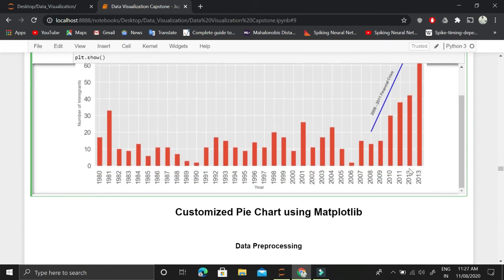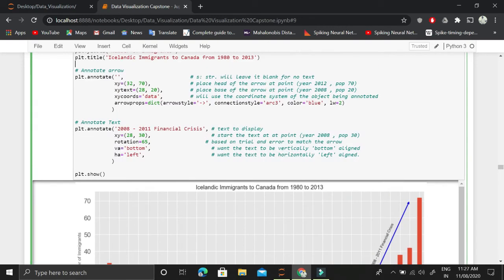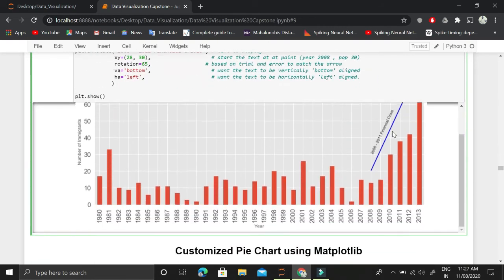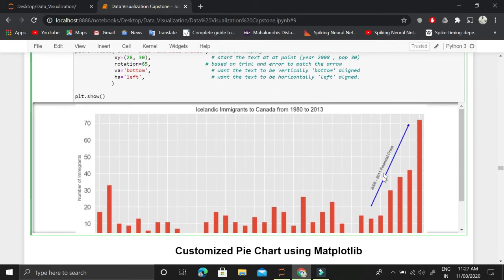And what is this 2012? So this 2012 is actually at the 28th index. So this year, if you consider it 1, 2, 3, 4, 5, if we count it, so this 2012 is basically coming at 28th position. Actually not 28th position, it is coming at 32nd position. This 2008 is coming at 28th position. So given this 0, 1, 2, 3, 4, 5, 6, 7, this is 10, then 11, 12, 13, and this is 20, 21, 22, and this is 28. And this is 30, 31, and 32. So the position for the tail on the X-axis is 28, and for the head of this arrow it's 32.